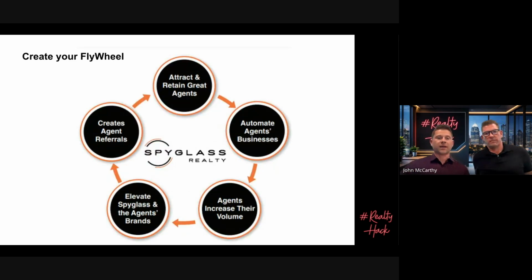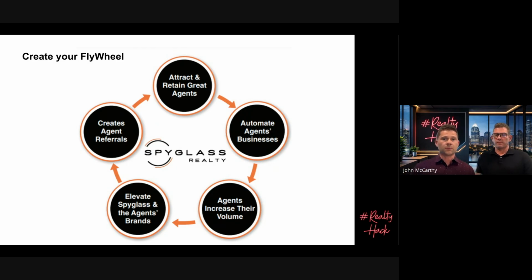This is big picture now. And I'd say we almost made one modification along the way. At the top, attract and retain great agents. That would make it really easy for us if everybody that came to us was a seasoned agent that was really great. Well, the adjustment that we made was, if we can attract the right people, a good person, with our core values, our mission statement, and everything else that we have in place, if the right person with the right characteristics can come in and plug themselves into our company and exemplify our core values, we can help them automate their business. We can help them increase their volume. It's going to increase our company brand and our volume as a company.